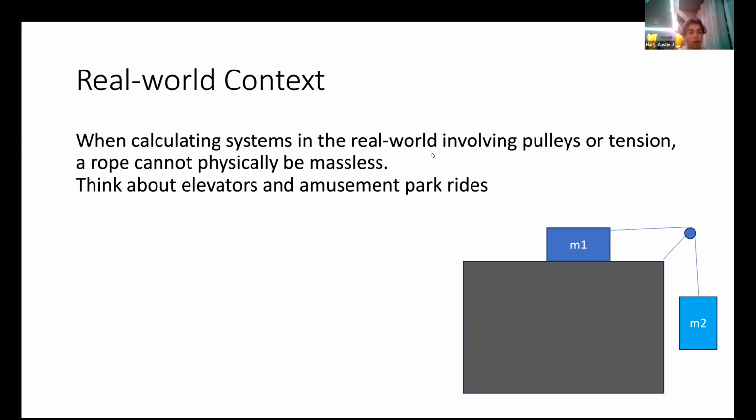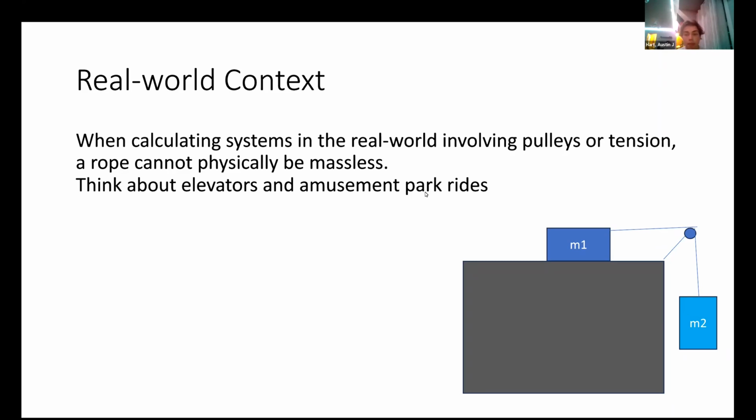And some real world examples of this are elevators or amusement park rides, where the tension of the rope would definitely matter for the safety of others. In engineering applications, like an elevator, accounting for a rope with mass is crucial for ensuring the accurate calculation of tension forces, allowing the designers to optimize the elevator's performance and safety by accounting for the mass distribution along the